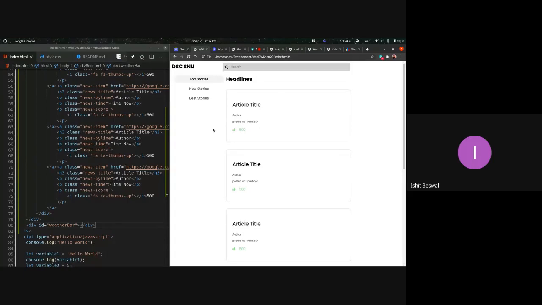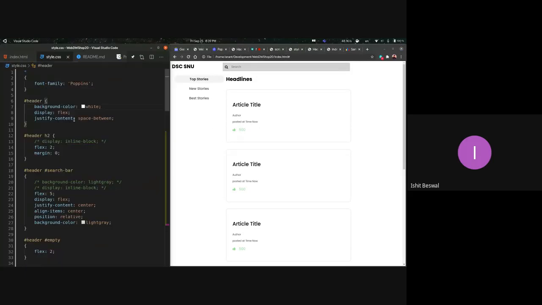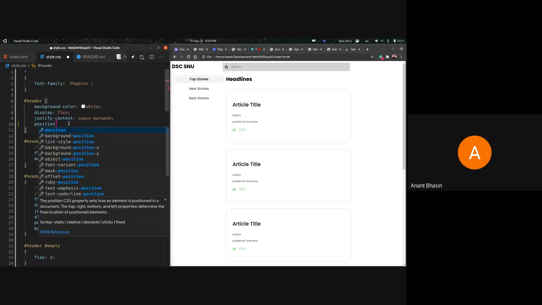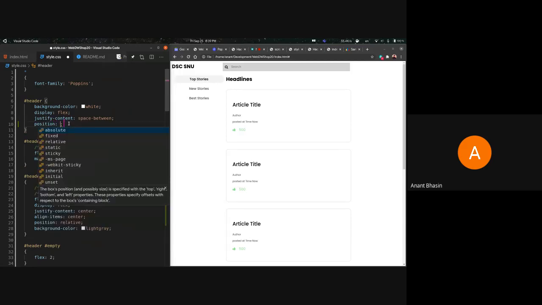So let me go to the CSS file and go to the header selector, where we will give it a position of sticky. Right, just over here. Let's discuss the four possible values, and let's not explain sticky very well. That's the one which is actually a bit difficult to properly grasp. I don't want anybody to go back from this workshop and think that they've understood sticky, because sticky is really, really difficult to properly understand. So we're just going to show them how it's working over here, and then you're going to have to learn it by yourself.